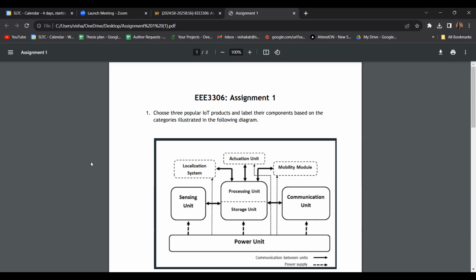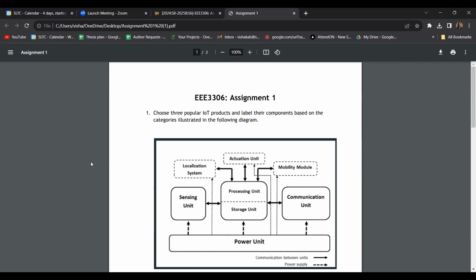You need to take a clear image. Then from that you can label out, okay, this is the localization system, and this is the mobility module related parts. You might need to use the image itself to point out the different components. You can label them as 1, 2, 3, 4, and then list them out at the bottom, if it gets messy.